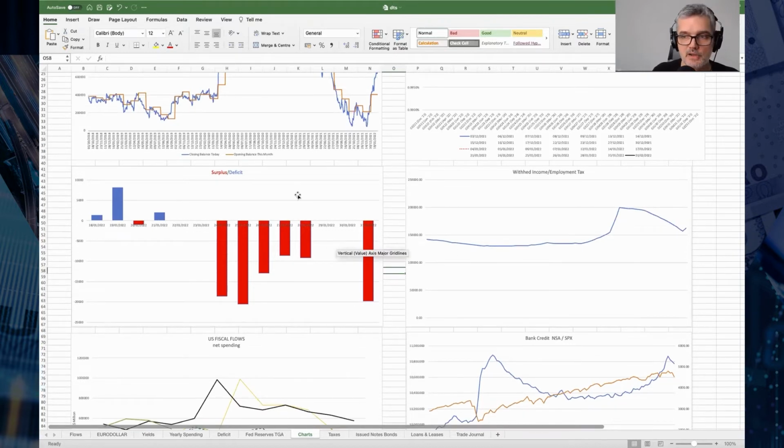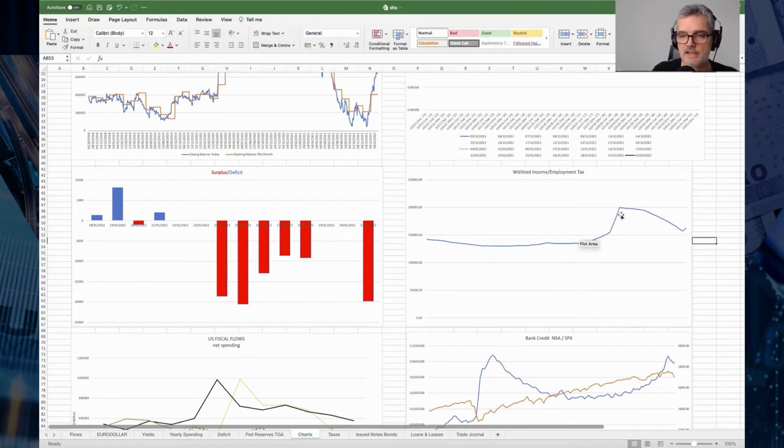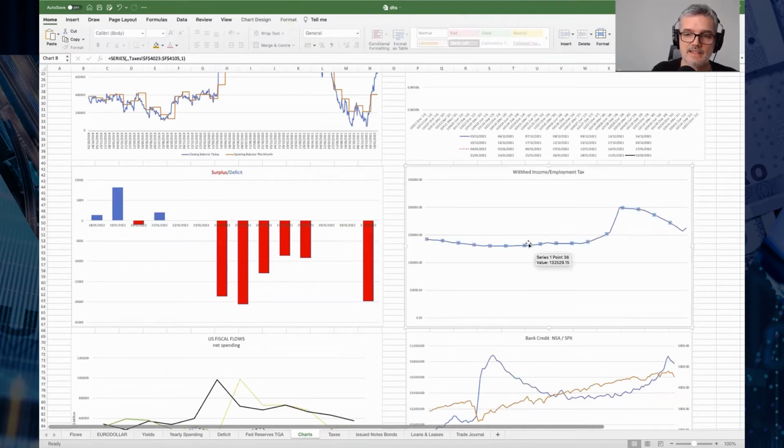If we see here on the right-hand side, got withheld income and employment tax. Now this has been rising, up until mid-January, then a bit of a decline towards the end of January, and maybe even starting to tick up again. Normally when this rises, I think it's a good idea to correlate that with the jobs numbers, because as more people get employed, they have to pay more tax. But this looks more like it was taxing everyone's savings.